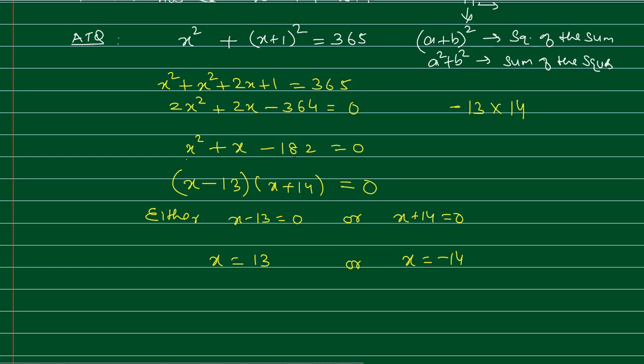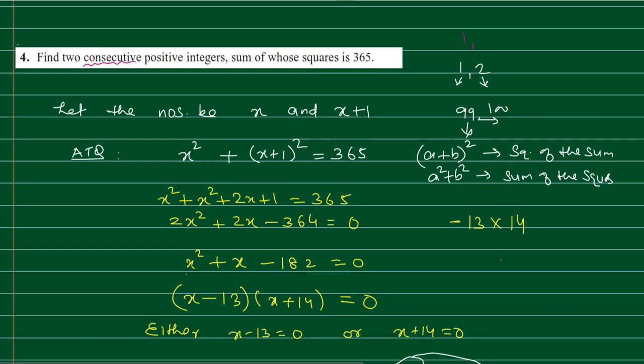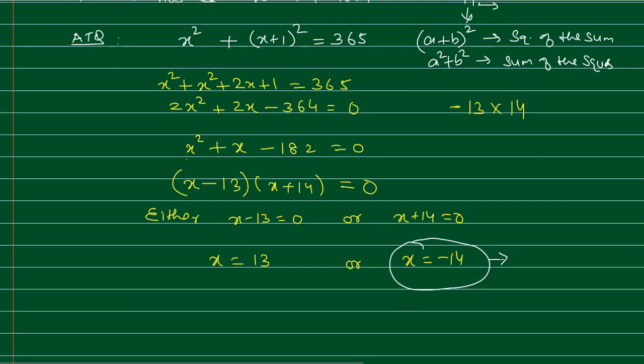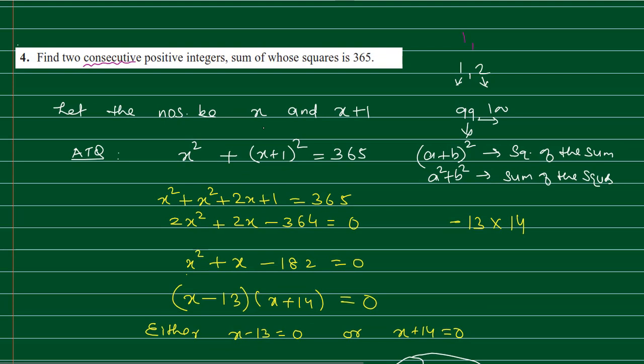I hope this is clear. See, there are two roots of this quadratic equation, 13 and minus 14, but this minus 14 we will not accept for this practical question, because the question was to find positive integers,